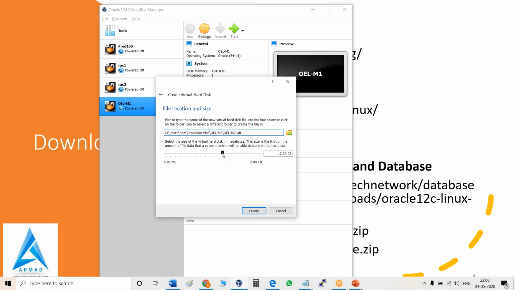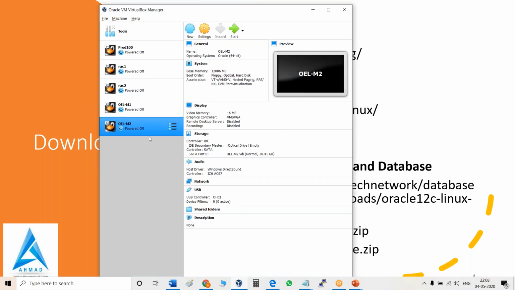After that, you can give the machine 30 GB, and that is the minimum requirement. When you click this button, it will create within a second, like this. So it is created. This is the way you will create the machine.